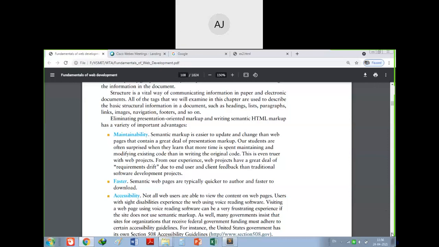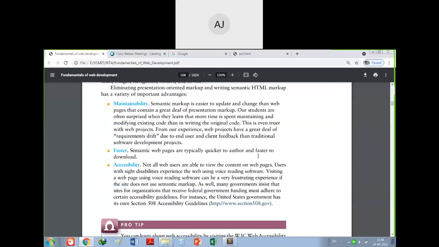Next one, faster. For downloading purposes, it is very fast to maintain the data in the semantic approach. For example, whenever an image appears on the web page, it will not appear randomly. It will start from the top and go down to the bottom, one by one.